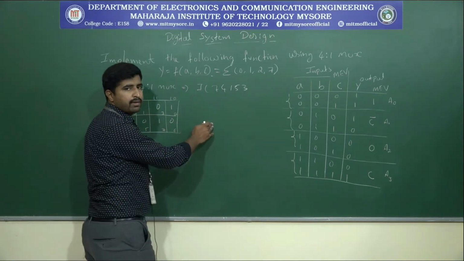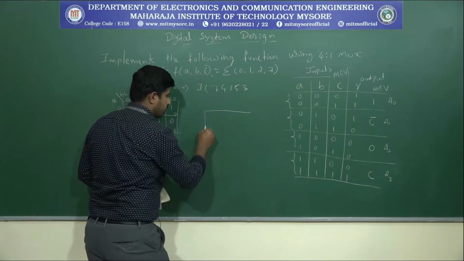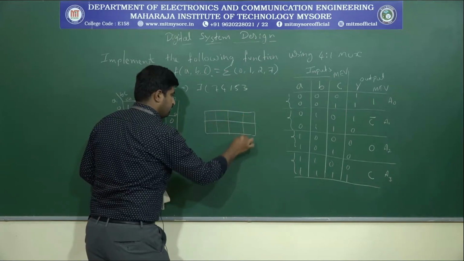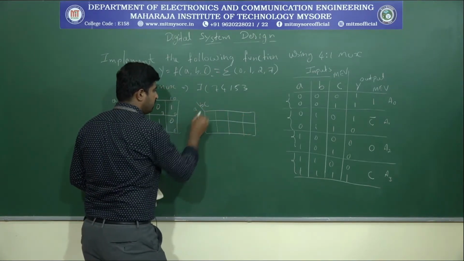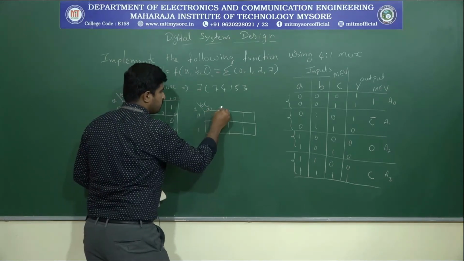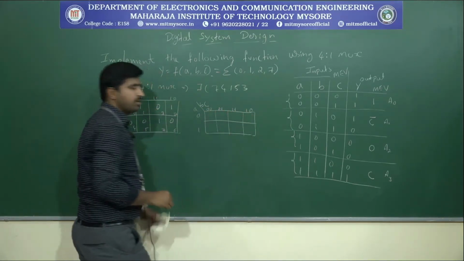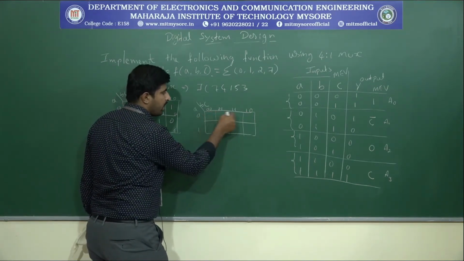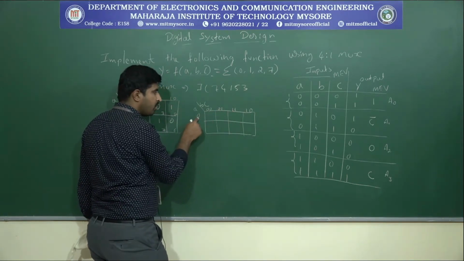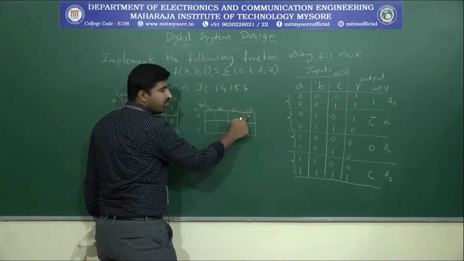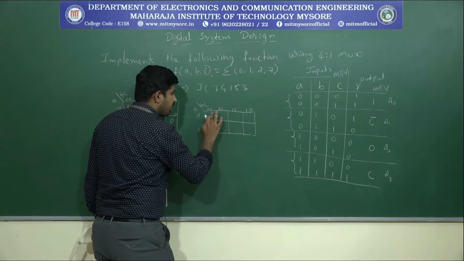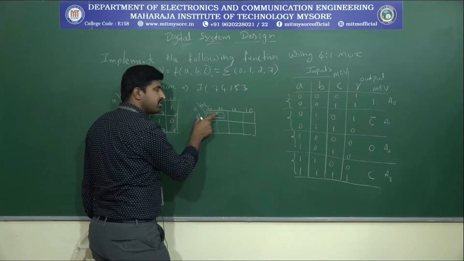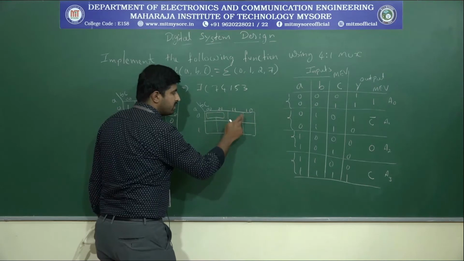So what is the map entered variable K-map? In a map entered variable K-map, A, B, C, 0, 1, 0, 0, 0, 1, 1, 1, 1, 0. If you see here, B has the values 0, 0 and 1, 1. So when A equals 0, B has 0, 0 here and 1, 1 here. That means these two can be combined. Similarly, when A equals 0, B will have 1, 1 here, right?